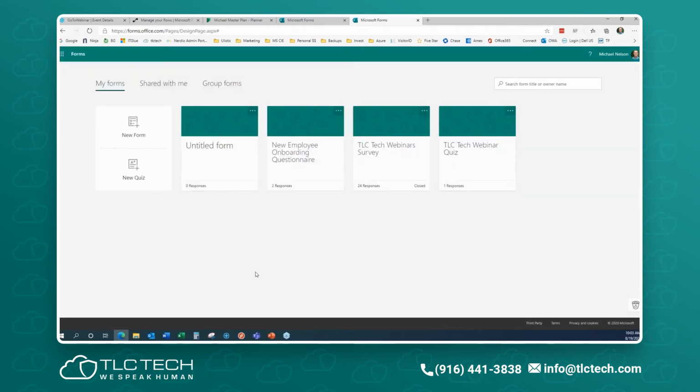So without further ado, we're going to start on creating a new form. Let me just get rid of that one. And you'll notice the ellipses, like we're always used to seeing. The ellipses here are based on that particular form. What do you want to do? Do you want to copy it, move it, or delete it? This one I'm going to delete because that was just testing. So these are the 3 ones I've done. You can see there was 1 response here, 24 on that one, and then this is one that I've just been playing around with for the past couple of days, prepping for this.